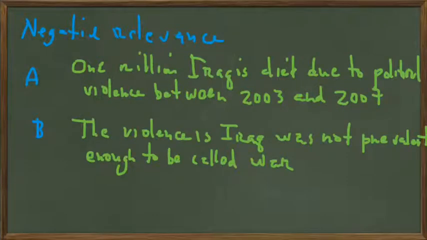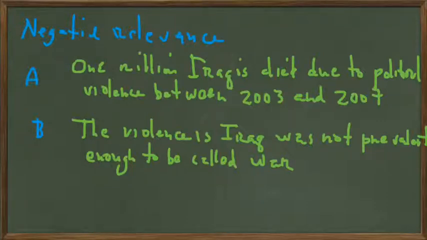As an example of negative relevance, look at these two premises, A and B. A, 1 million Iraqis died due to political violence between 2003 and 2007. B, the violence in Iraq was not prevalent enough to be called war. Well, here's a negative relevance. A does not imply B. A actually implies the opposite of B. So this is a negative relevance,